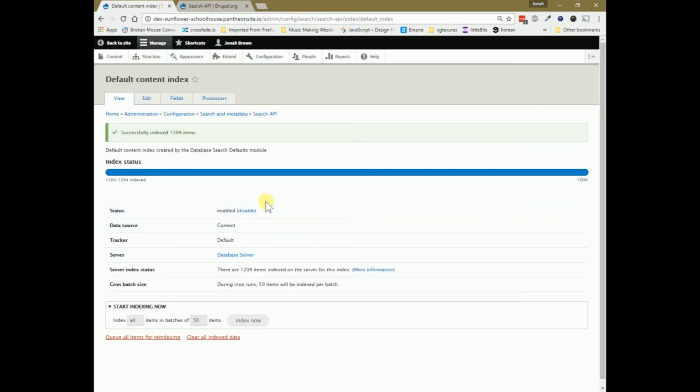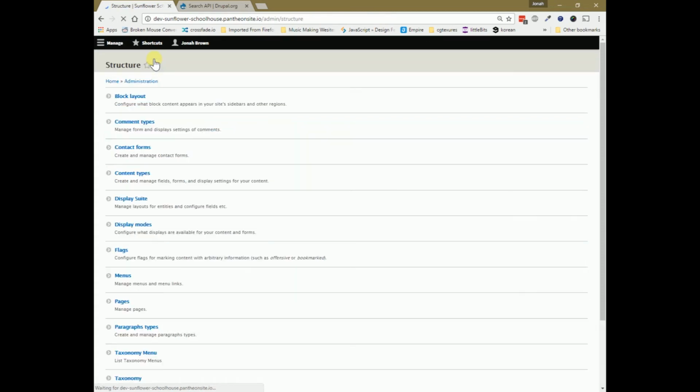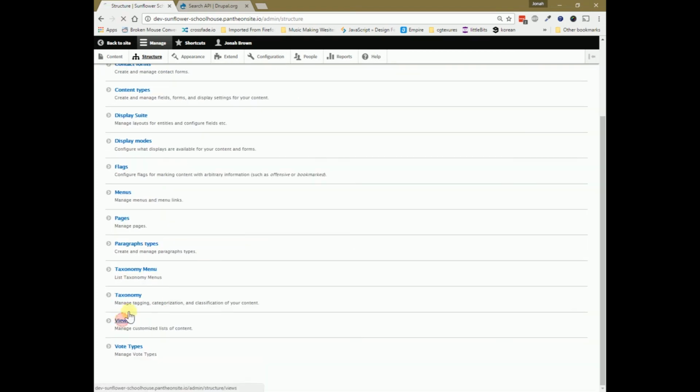Now that's complete. So the next thing we're going to do is create the views that output the results of this custom search now. So we go to Structure, down to Views,